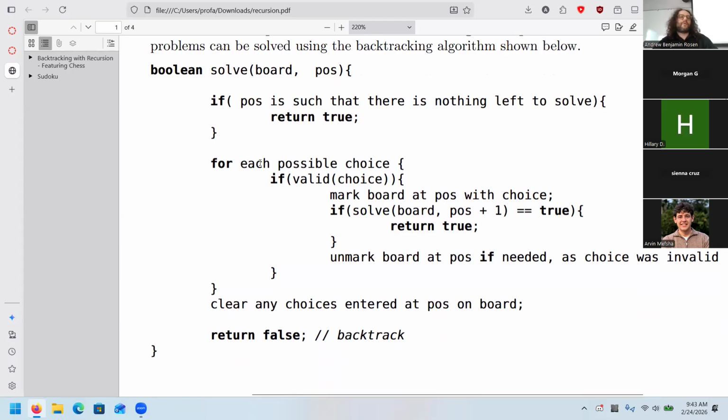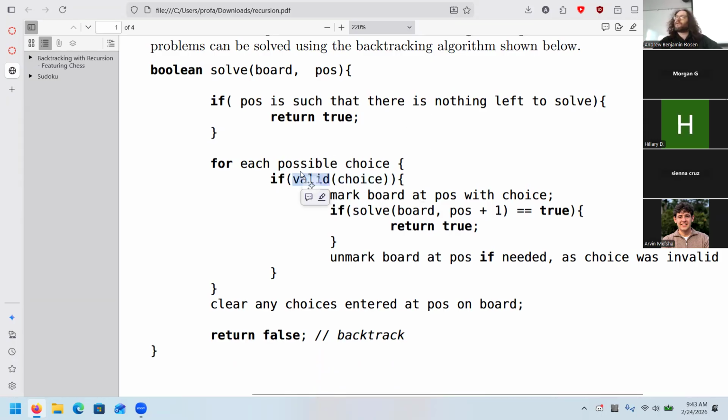So for each possible choice that we can make at that position, we check if that choice is valid. Believe it or not, this is the hardest part of the puzzle, even though what seems to be hardest comes next. In other words, we check if it is okay for us to try to solve this.